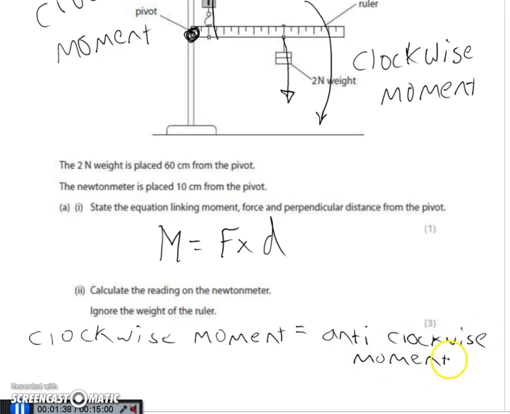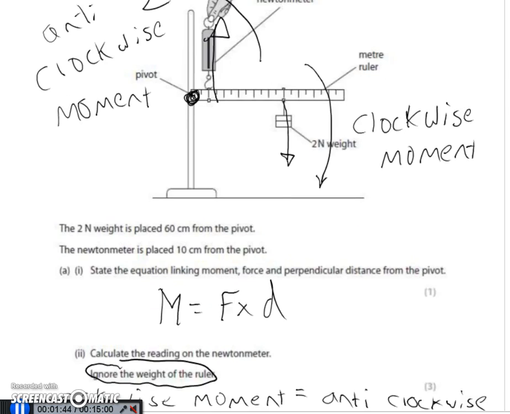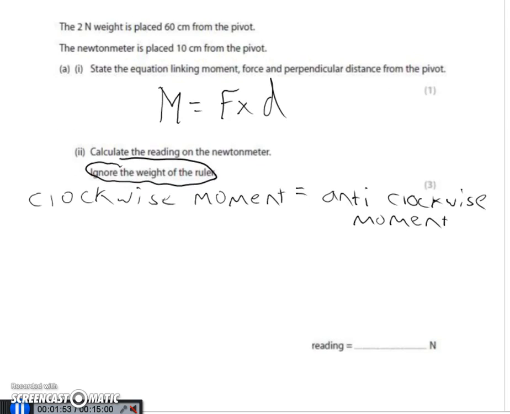Now, if we considered the weight of the ruler, but we've been asked not to, there'd actually be an extra moment here. So if you look up at the diagram, the weight of the ruler is also acting downwards, and that causes a second clockwise moment. But they've asked us to ignore that in this question, so they've made it a little easier. So we've only got to consider the moments due to the 2 Newton weights turning clockwise and due to the